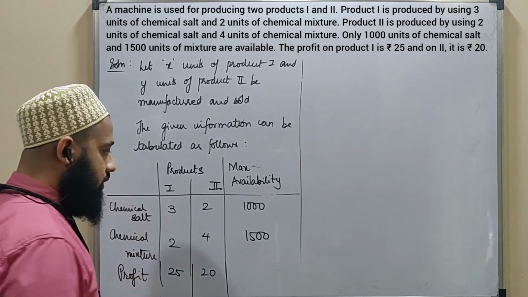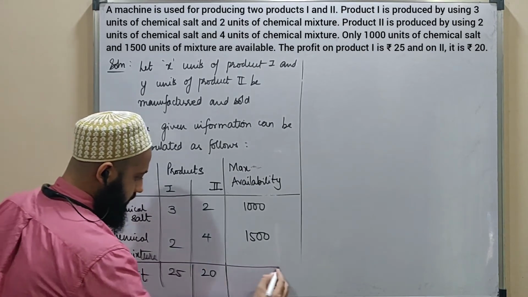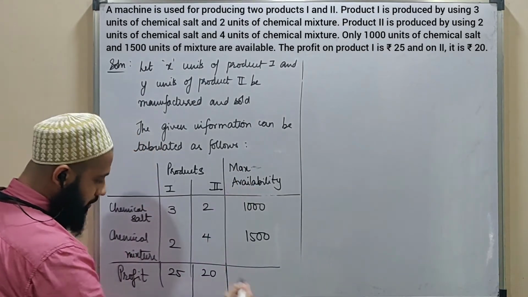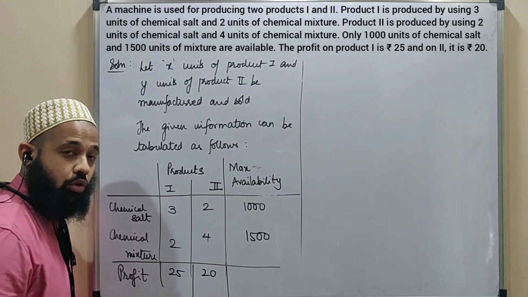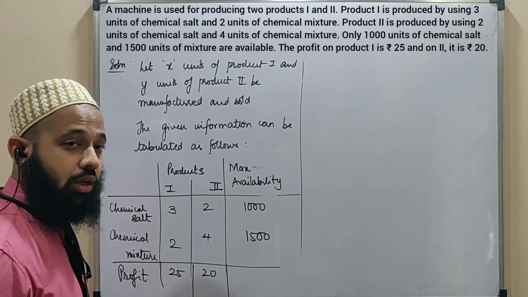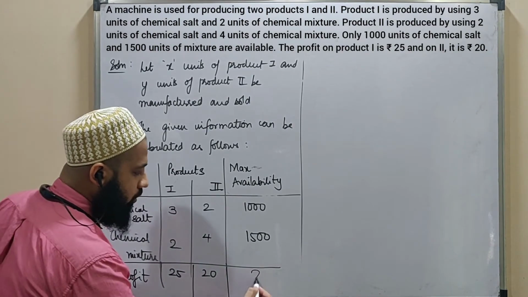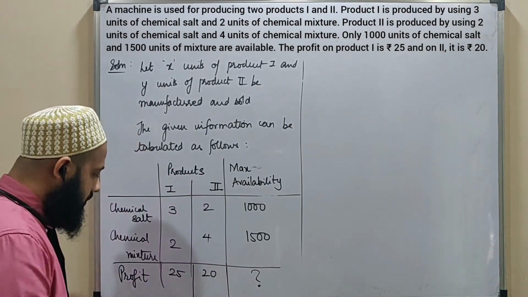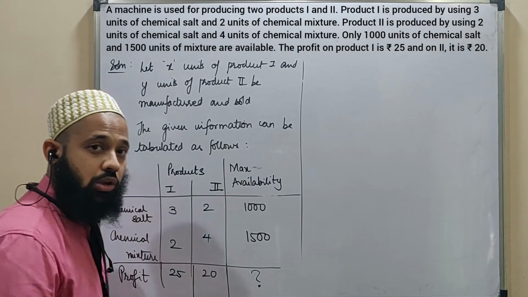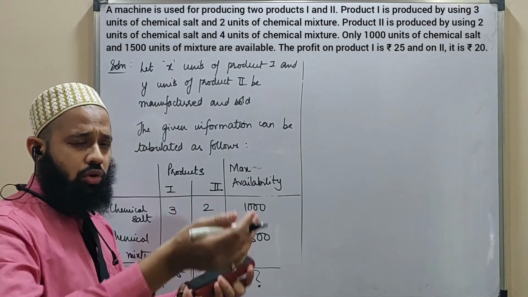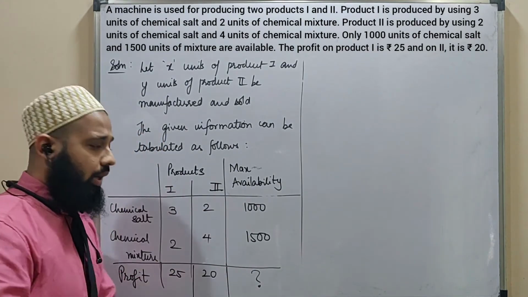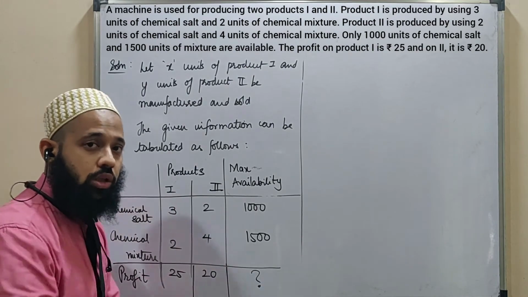The final thing is this. We are trying to find the maximum profit that you will earn. That's what you are doing as part of this LPP. This is how LPP finds application in the real world. So this is what you are looking for, the maximum profit. Okay, that's why you give them the objective function, and then later on when we see how to solve that, you will understand what you are looking for.